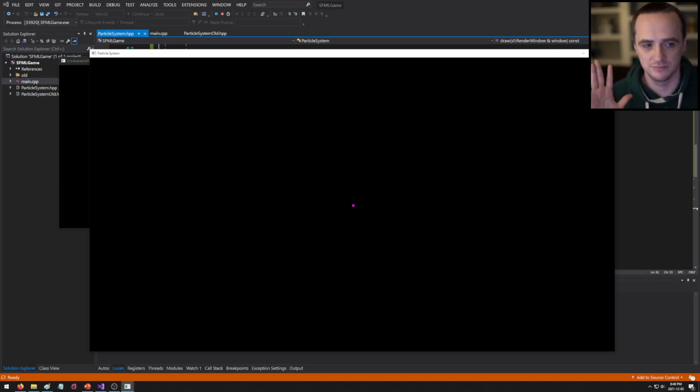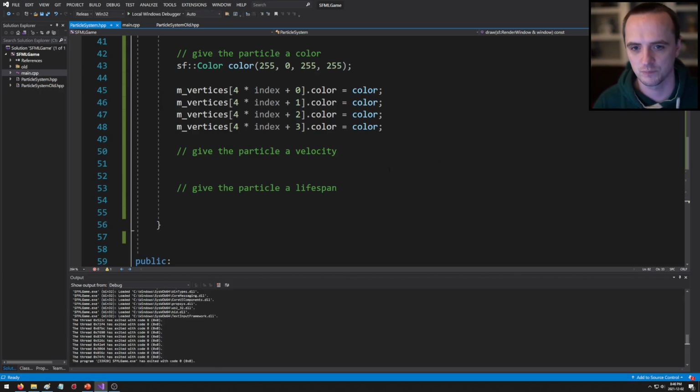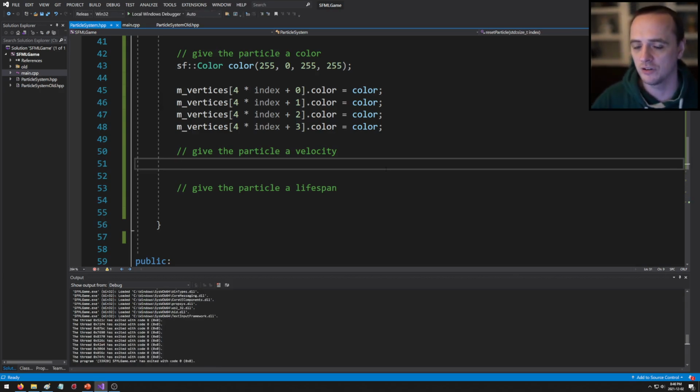All right. So let's go on with the next step. Now we know our vertex array is working, we're drawing quads, however, they just happen to all be on top of each other. So let's give this particle some sort of velocity. Let's say I want to give this a random velocity. How do I do this again? So float random x velocity is going to be